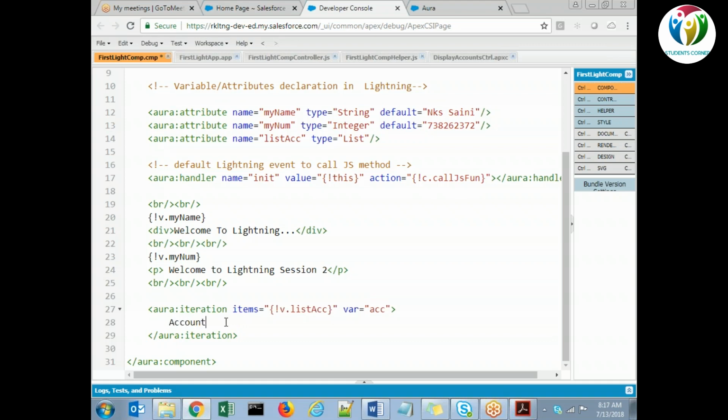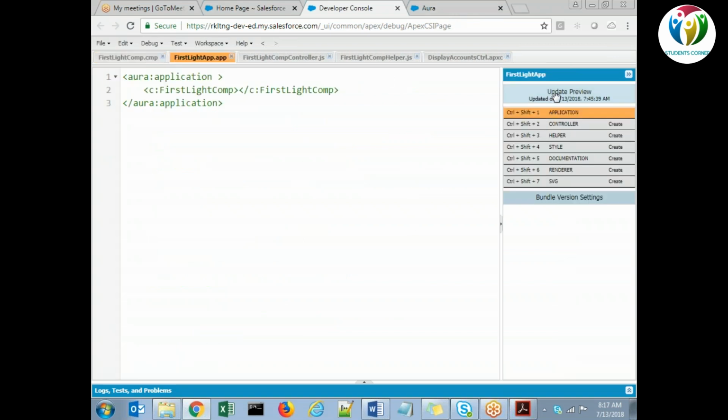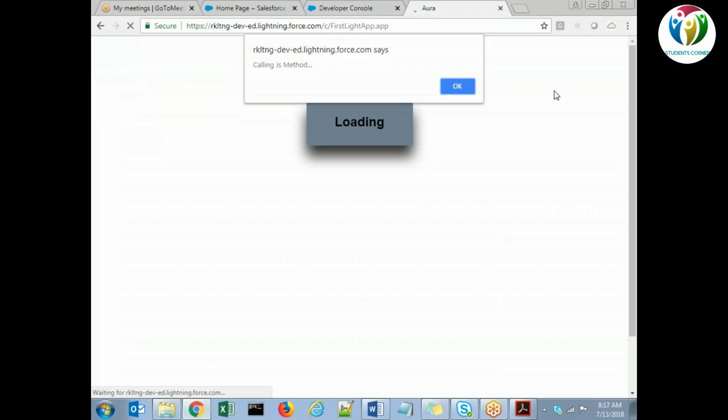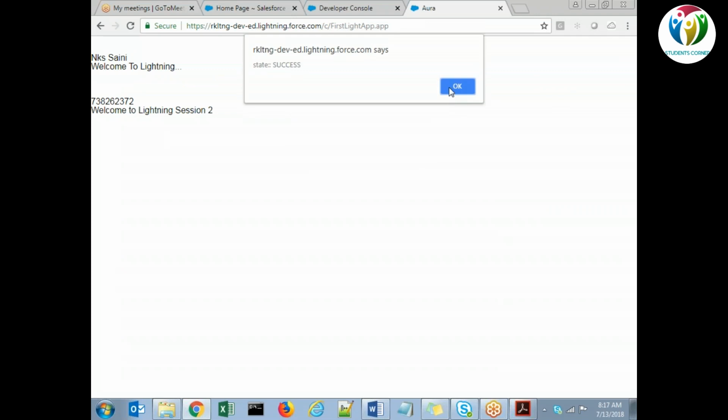Sorry, I need to change it here. So you can see name, phone, industry, rating, all the response here on the UI. So far, any doubt?